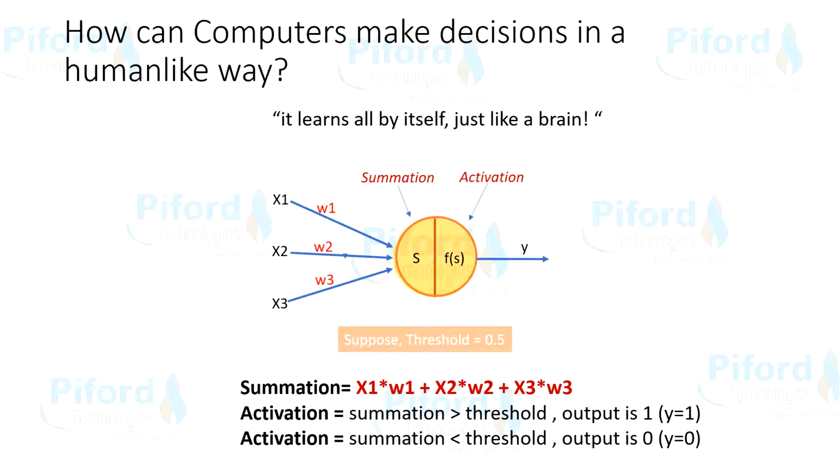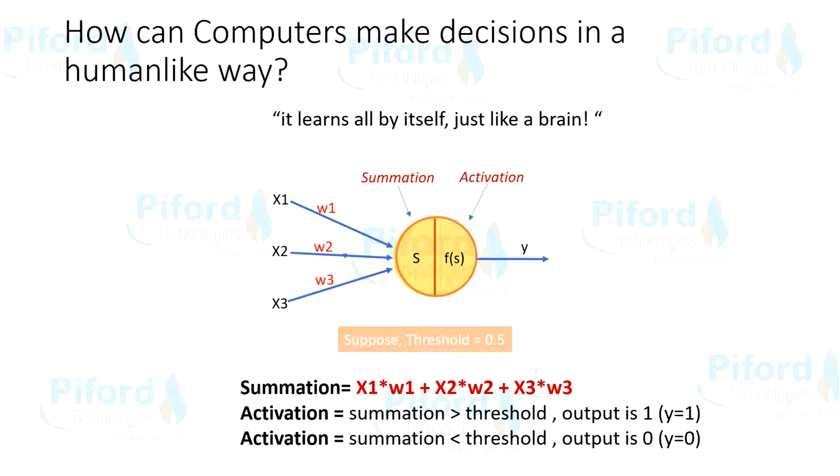The basic unit of a brain is the neuron. In the same way, the essential building block of an artificial neural network is the perceptron, which is an artificial neuron. First of all, let's understand what a neuron is. Neurons are responsible for receiving input from the outer world, processing it, and transmitting that information. There are billions of neurons in our brain and they communicate with each other.